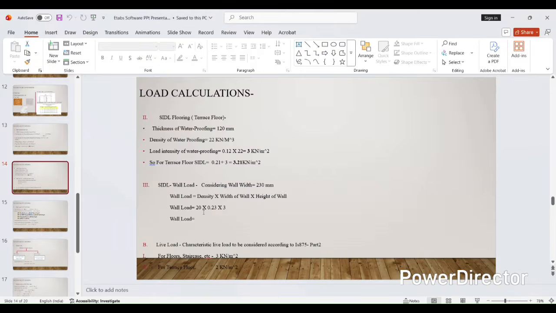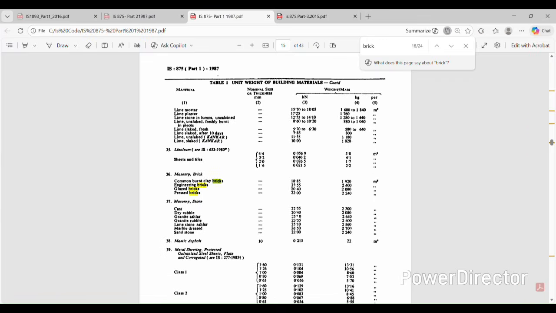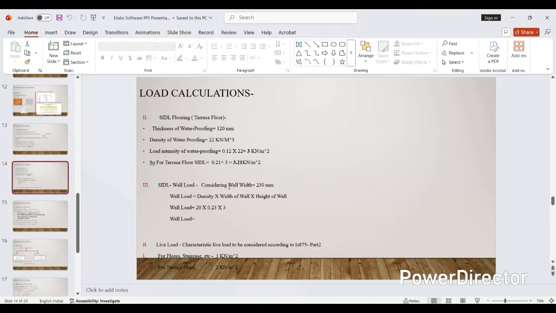We can consider the mode value, because in the IS code the values are given as characteristic loads, and these characteristic loads are calculated according to the standard deviation. There is a lot of procedure. So for wall load we will consider the density as 20 kilonewton per meter cube, wall thickness as 0.23 meter, and the height of the wall as 3 meter,